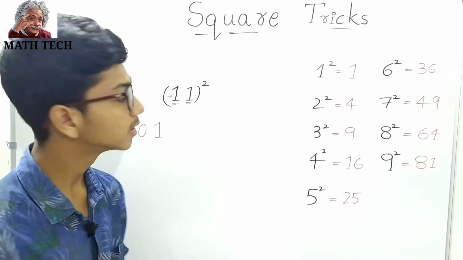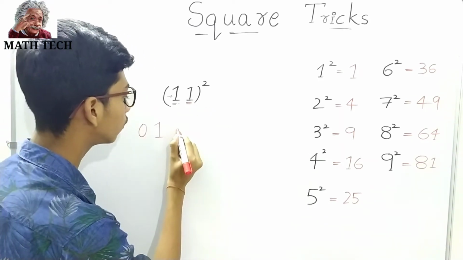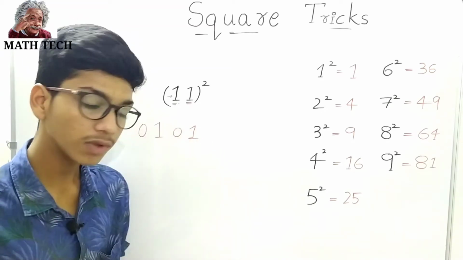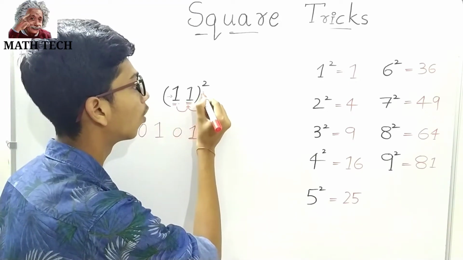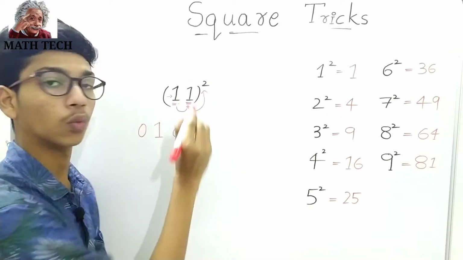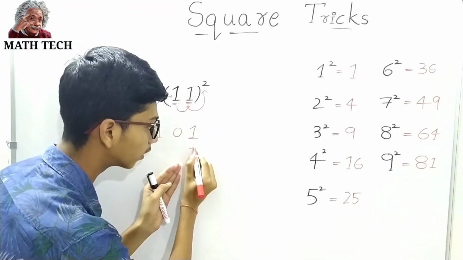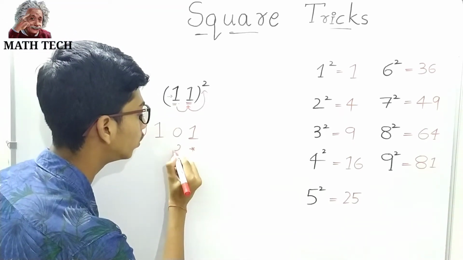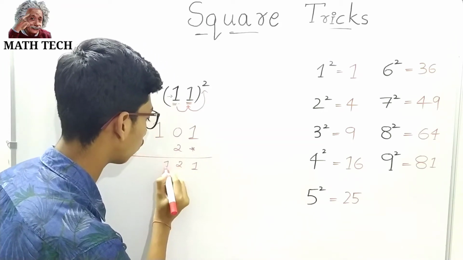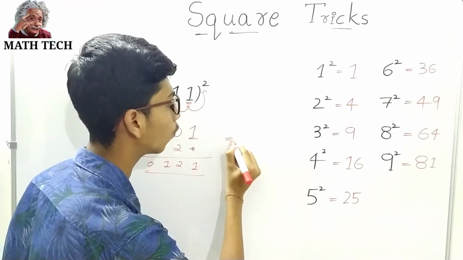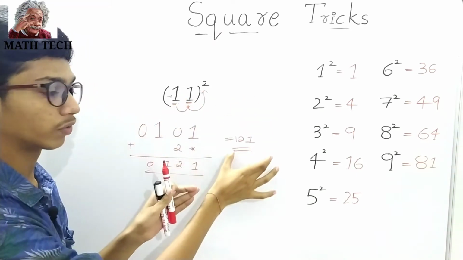The second step is to choose the ones term and also square it. So here also we get 01. The third step is to multiply in this manner: 1 into 1 into 2 is 2. We should leave the ones place and write the 2 here. Then we get 0 121 0, but 0121 is 121. 11 square is 121.